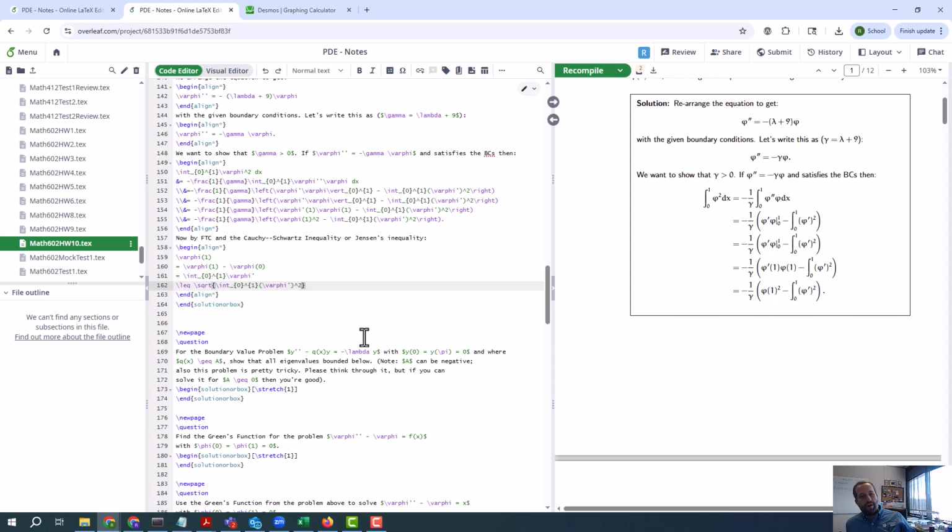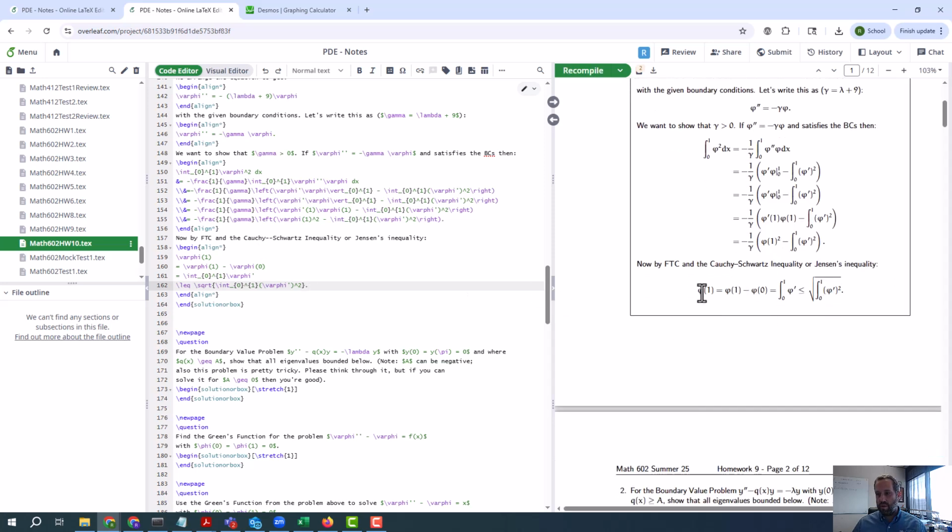If you're not familiar with what that is, look it up. You don't have to use Cauchy-Schwarz inequality if you do the thing where you assume that gamma is negative and look at the exponential function. That way you don't have to do this. Okay, but this is one thing to do. Okay, so what do we have here? So if we just run this, yeah, this is less than or equal to that. If we square both sides,